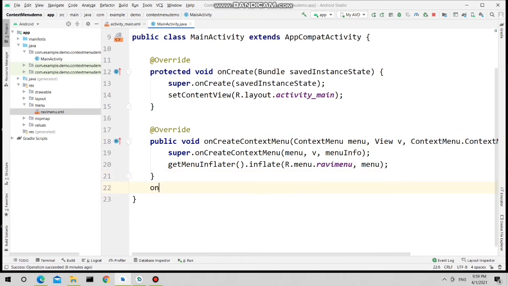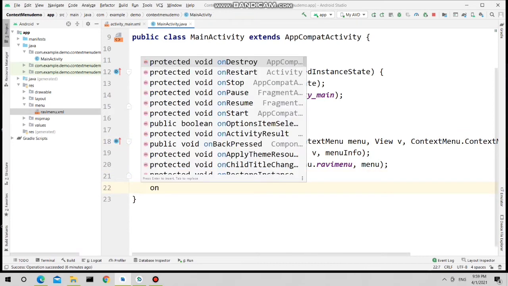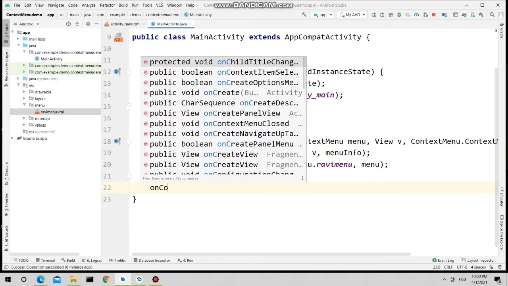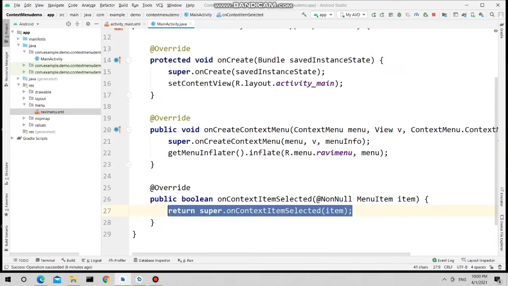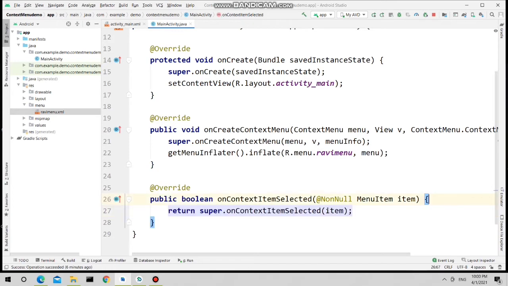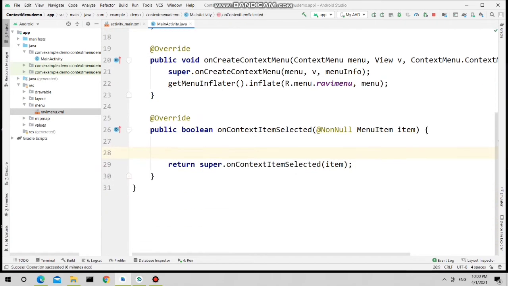Now we are going to perform the action on the context menu. There is a method you need to override, onContextItemSelected. Now see what I'm doing. Whenever the user selects a menu item from those three menu items, this method will get called, and the menu item that was selected will be given as input to this method.